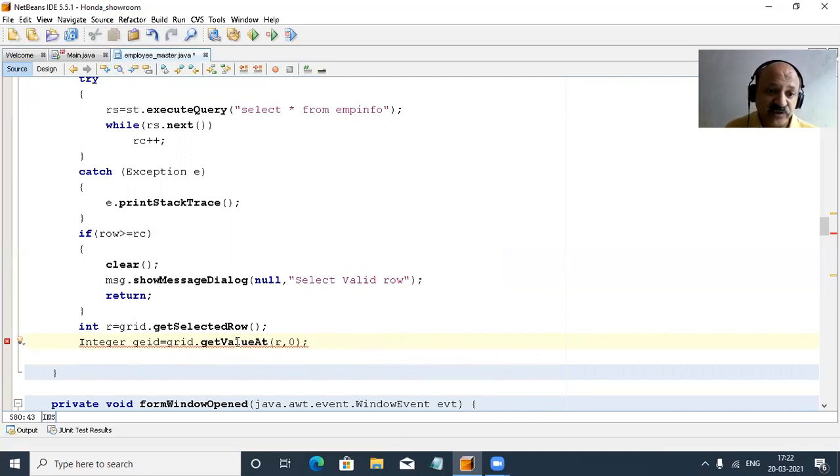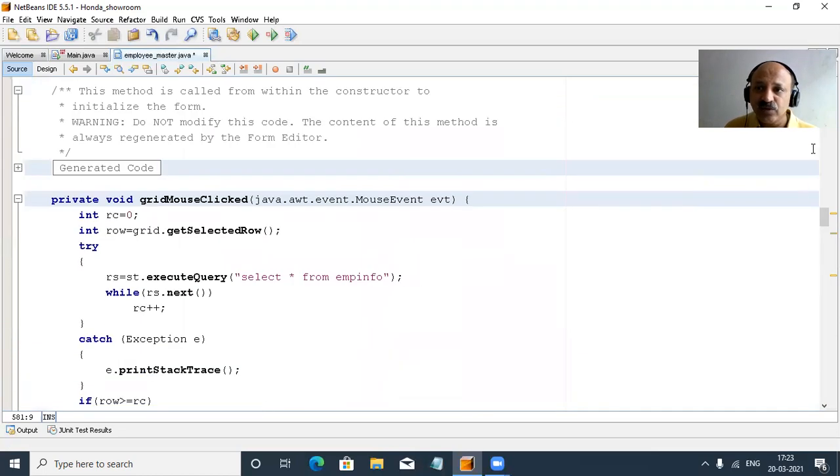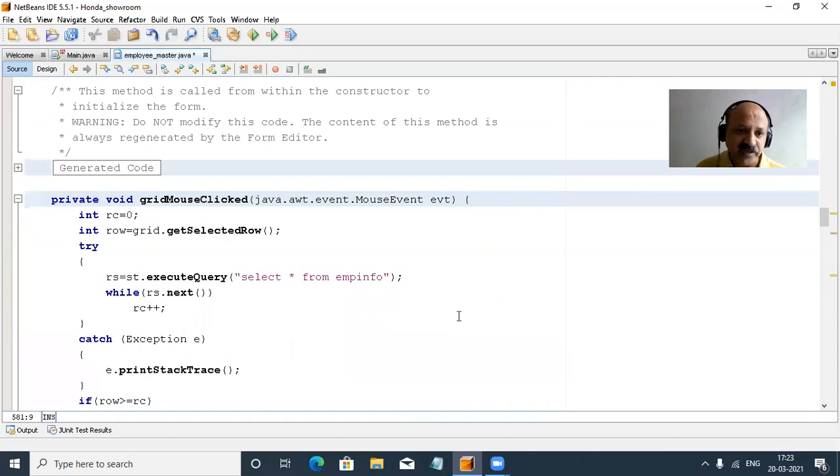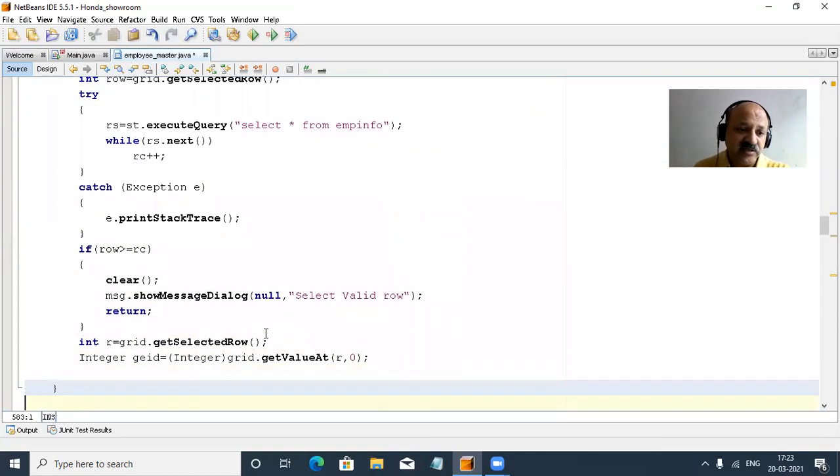But here there is an error, because the return type is the superclass Object. In Java, the parent class of every class is known as the Object class, and here we need the Integer class. So what to do? Yes, here we need type casting. So here we provide the Integer wrapper class, and the error is gone. So that is our requirement. I hope you can understand. In a very simple way I explained step by step how to select the record from the JTable in our control. Our coding is perfect.